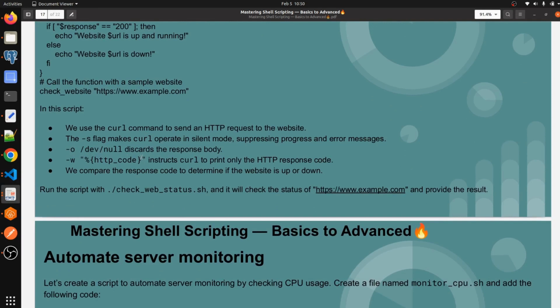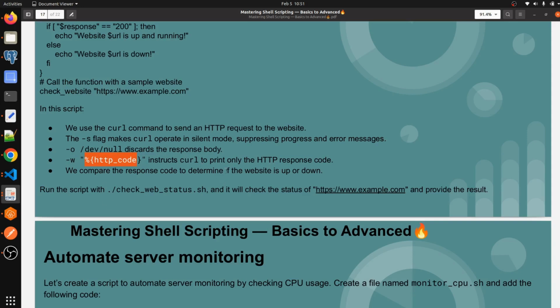Hyphen o with /dev/null is used to discard the response body of our website, and hyphen w with http_code instructs curl to print only the HTTP response code. So what it will do exactly is look for the HTTP status.